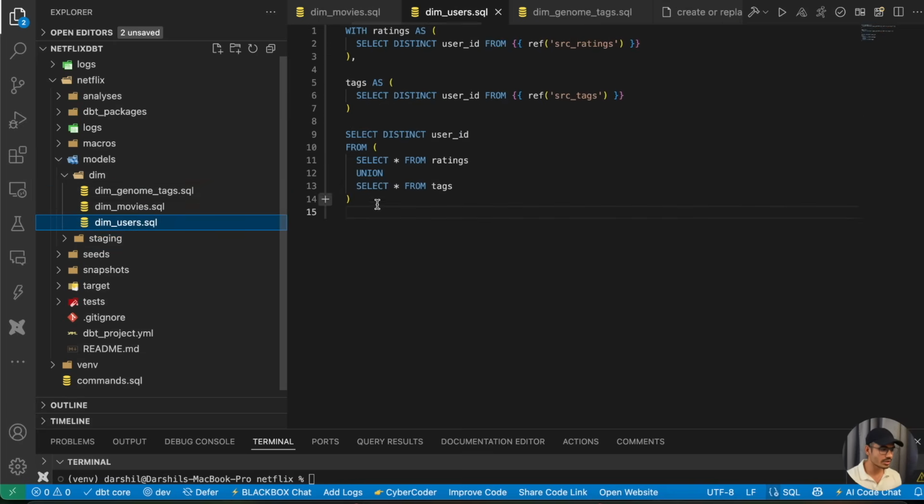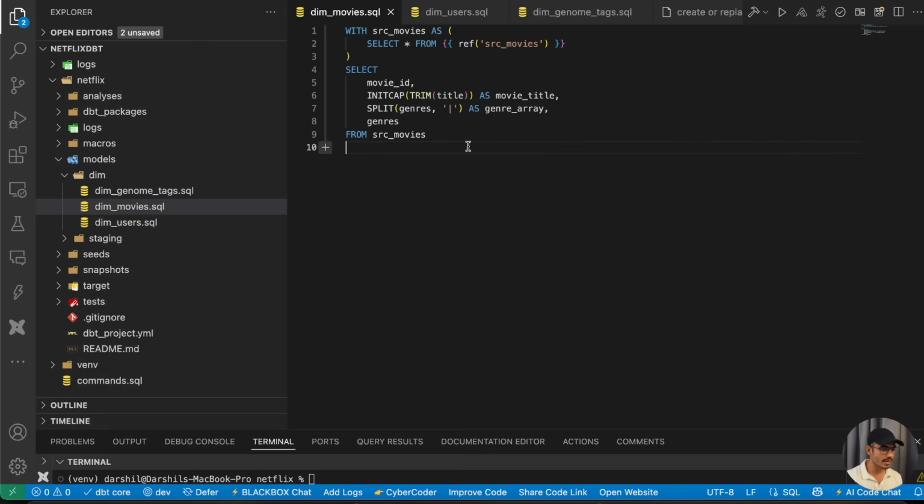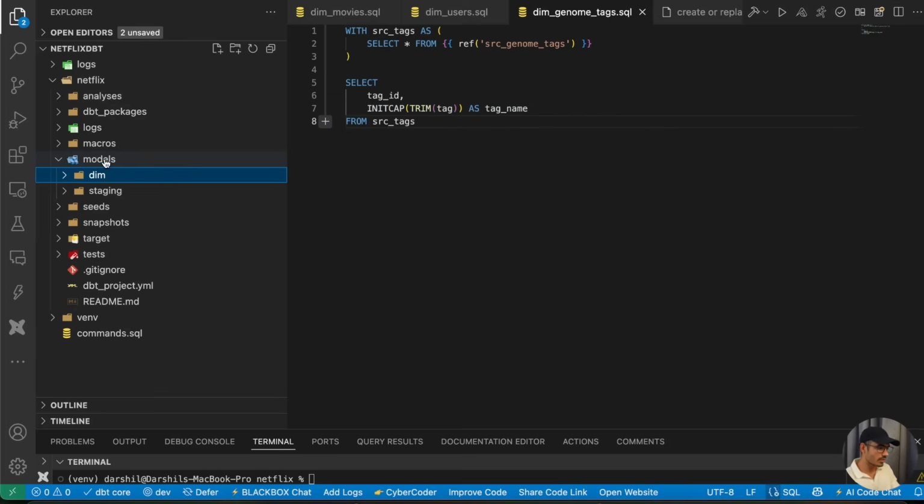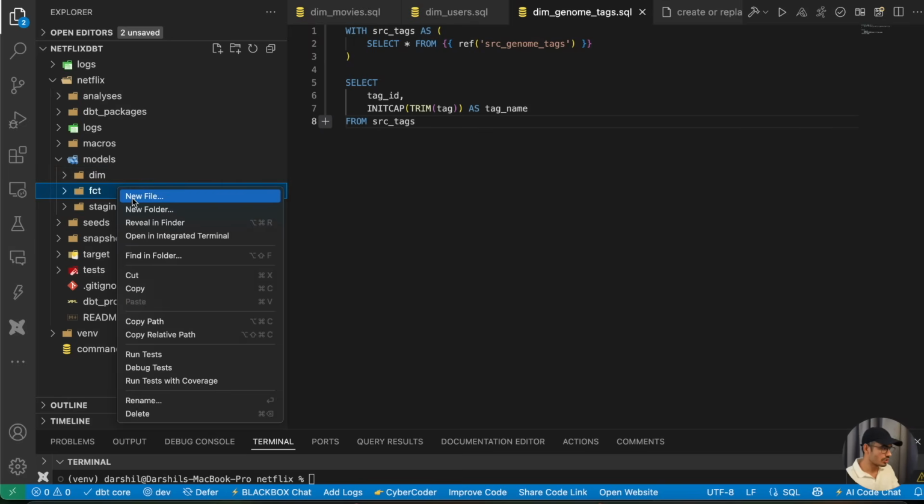Using these views, we are creating our dimensional tables. We are writing some transformation blocks, fetching these two different things and changing something over here, creating the dim movies, and like this we are creating the genome tags. We can create one more model for the fact also. FCT, fact. Here we will write all of our fact models. So let me write fct_genome